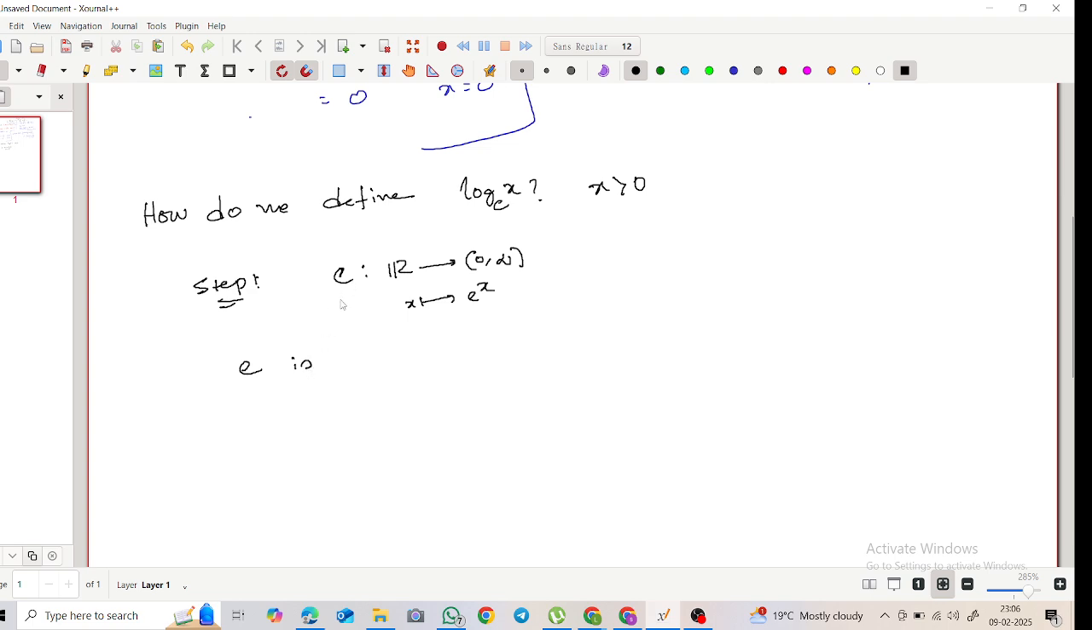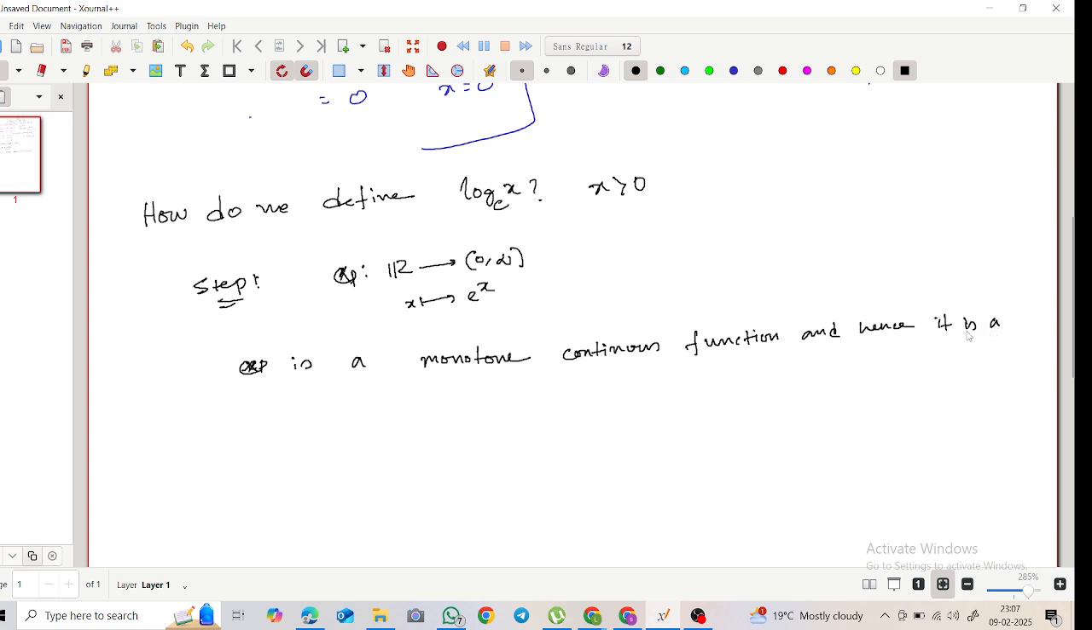I have denoted it by e, but maybe it should be exp. Exp is a monotone continuous function. Okay. And hence it is